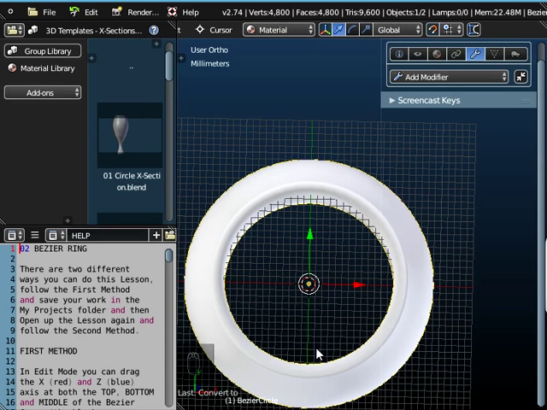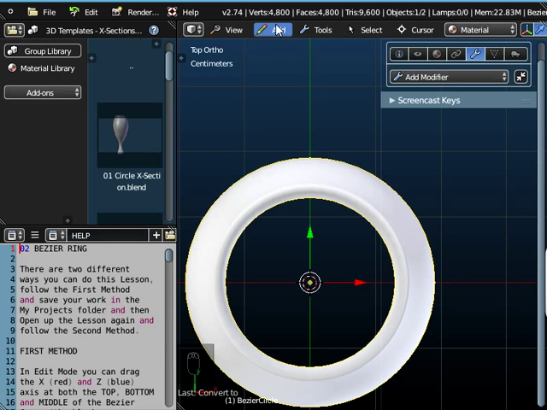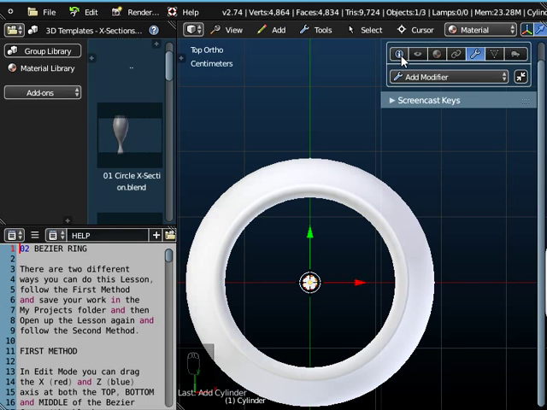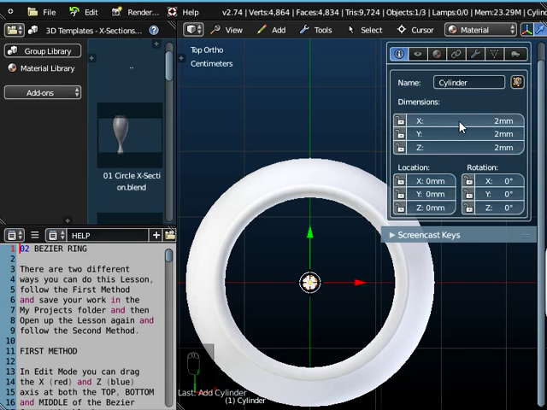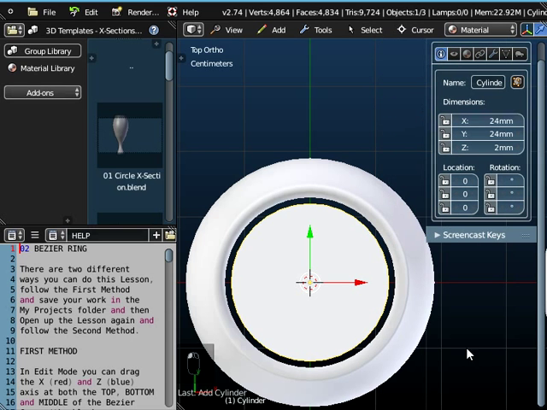If we want to modify this and bring it down to 24 millimeters, what we can do is if we just go to View and view it from the top again, and if we actually add a cylinder to the workspace and just go to show the main information icon, if I want an internal diameter of 24 millimeters, I can type 24 mm for millimeters as the X value and 24 mm as the Y value. So that's now put a cylinder in there that's exactly 24 millimeters diameter. So if I highlight my ring now,